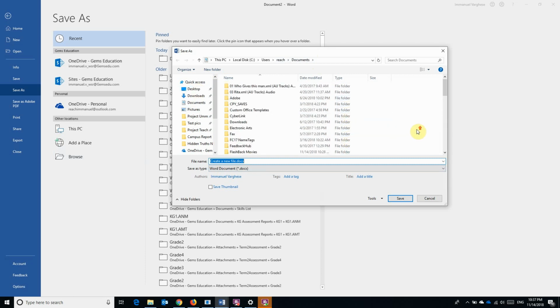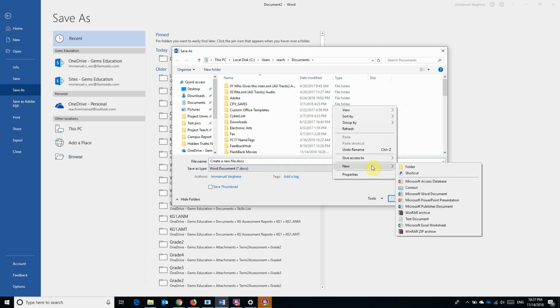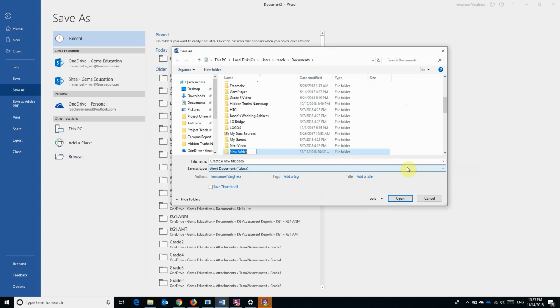Now you also need to know how to save inside of folders. I'm going to show you that real quick. Move your mouse to anywhere in this white space, right click, which is the right button on your mouse. You should see this menu, hit New Folder. It will create this new folder down here, and I can call it something, and I'm going to call it My Work Grade 3. Now I can open this folder by double clicking it,